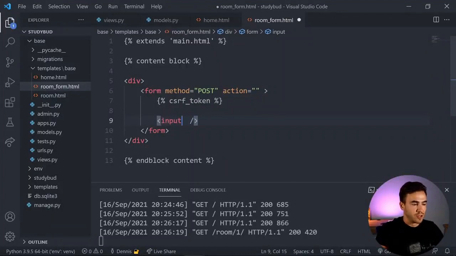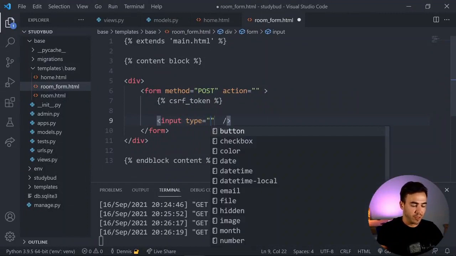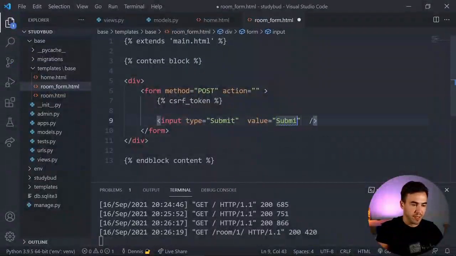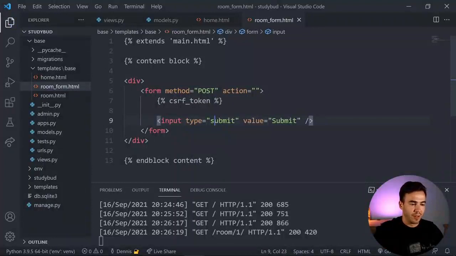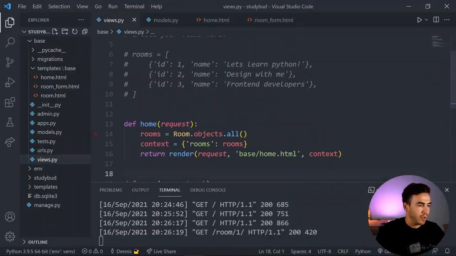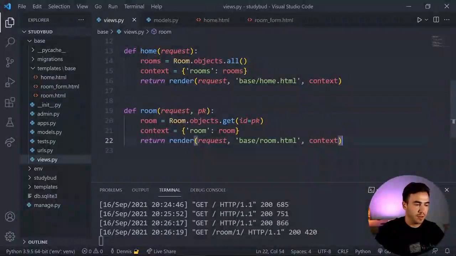So now we also want a submit button. So we're going to specify the type here, and we're going to say submit, and the value is going to be submit. So I'm going to make that lowercase. So that's the value or the type, and then the value, the actual text in that button will say submit. So we have a form, and now we can go back to our view here,